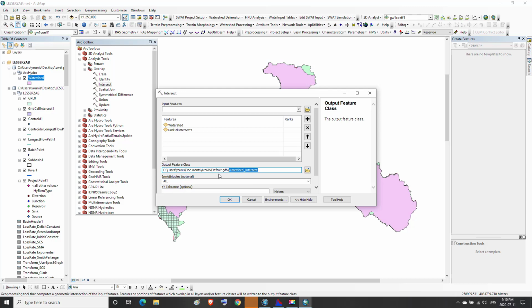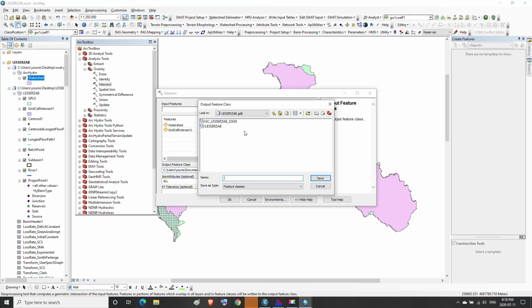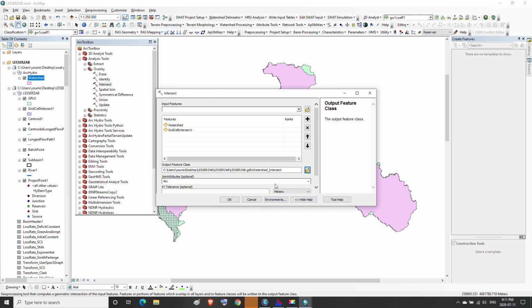In the laserzap.gdb, and we type the save name, then we press on save.